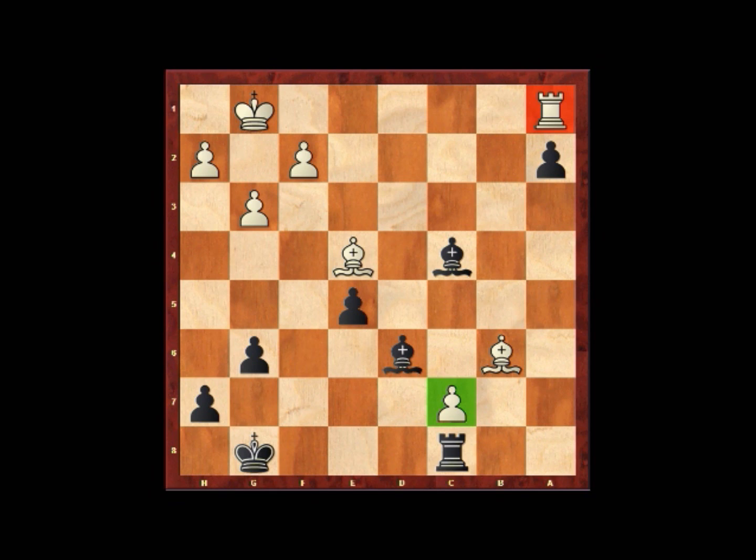So here white played bishop b7, and black answers with bishop takes c7, sacrificing the exchange. Rook takes, bishop takes, and in this position Jakovenko actually resigned, because there's absolutely nothing that white can do that will prevent